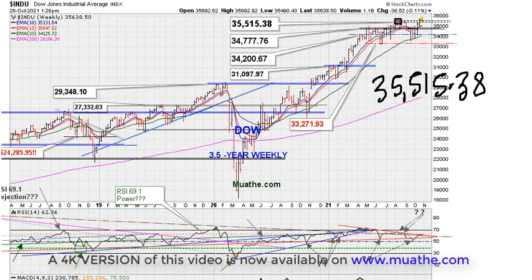Now, on the Dow, interestingly enough, we can see that this week, this topside resistance line could just be setting the stage for resistance week to week. So that's a line to watch. And by the way, these are just the charts that are available to you via the link called charts in the member section of muade.com.